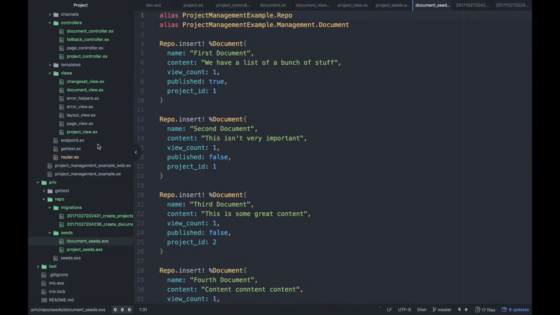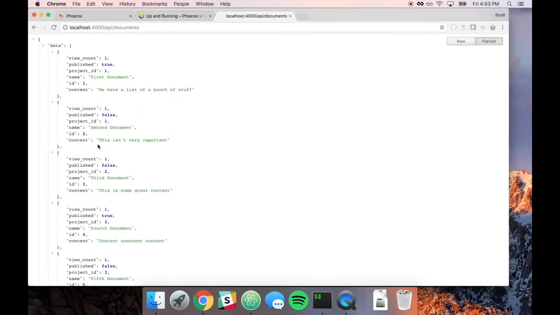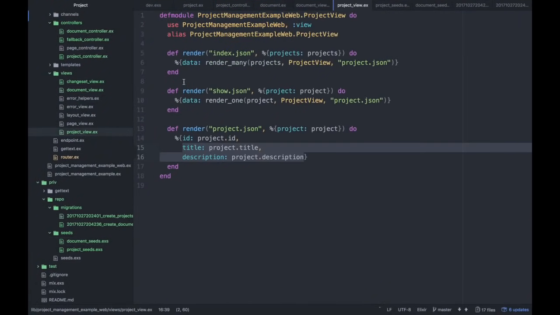Alright, so if you notice one thing though, although this is an API and it returns JSON, it does not return the JSON API spec. And in order to do that, we can certainly write it out ourselves in those view files. Again, it's data and then it returns an array. We could write it all out ourselves, write some hashes, but luckily there's a really nice repository that we can use called JSerializer,